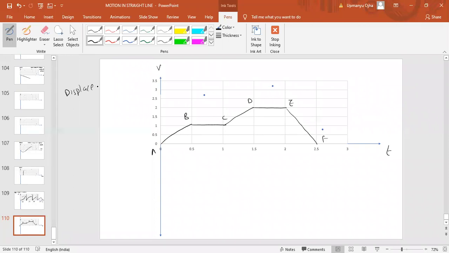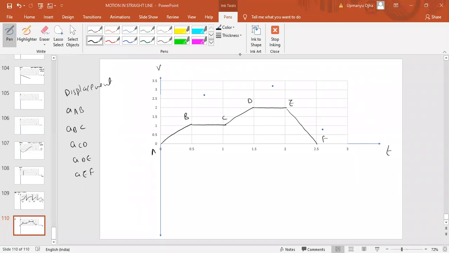Displacement, and you have to find the acceleration. Okay, find the acceleration of each part. Each part means from A to B, acceleration from A to B, acceleration from B to C, acceleration from C to D, acceleration from D to E, and acceleration from E to F. Can you get the answer? Velocity versus time graph is given to us. Okay,